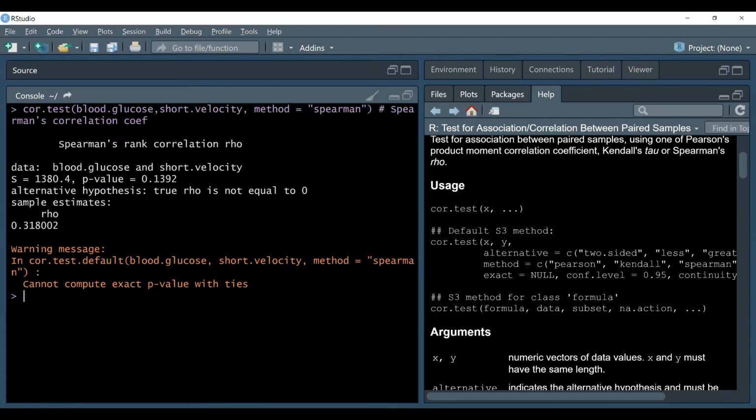So now here we have the Spearman's rank correlation rho. Then the name of the data is here. Then S, this S here is equivalent to what I was calling D squared in the slides. So this is our D squared, a summation of D squared, sorry. Then we have the p-value, which clearly shows that it is not significant. The alternative hypothesis is that the true rho is not equal to 0, so our null hypothesis was that the true rho is equal to 0. Then the value of rho, which is the Spearman's rank correlation coefficient, is this number here,